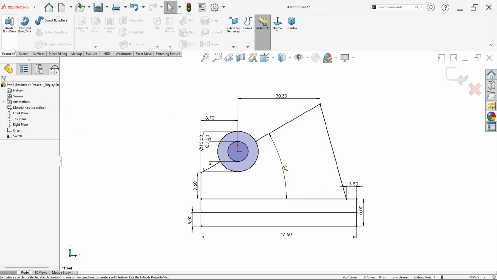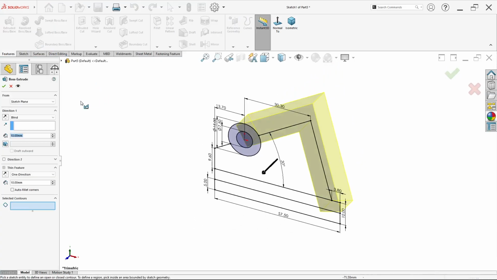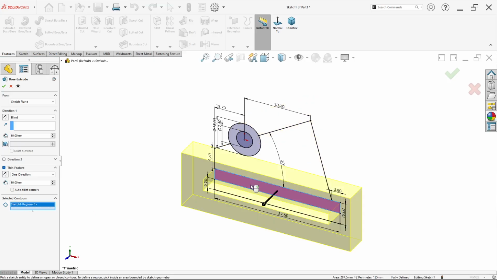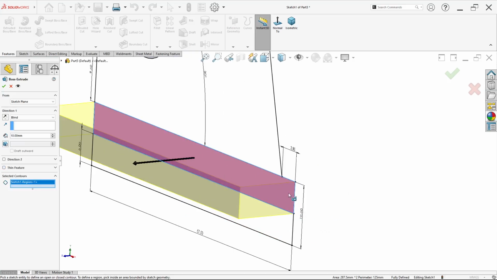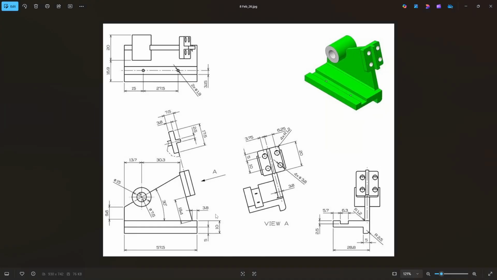We click feature and click extrude boss or base. For selected contour, just select this sketch. We can uncheck thin feature in here. We can see the total length here is 28.8.